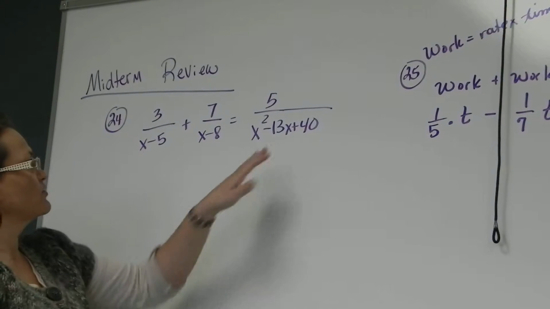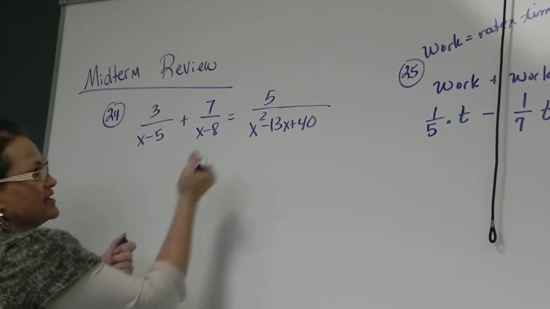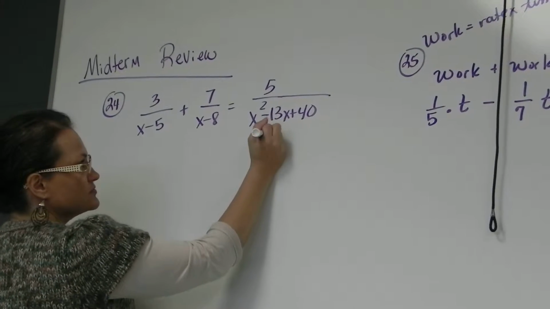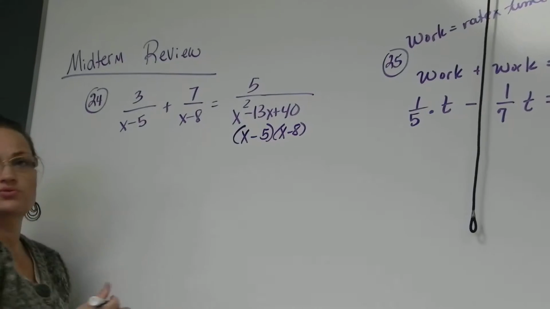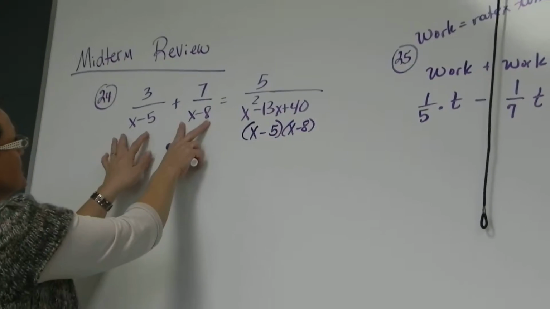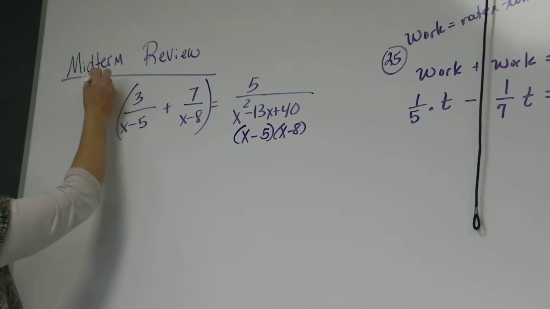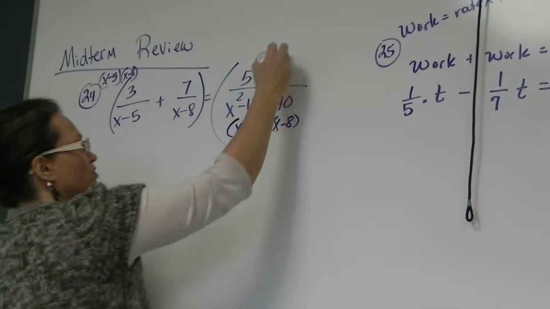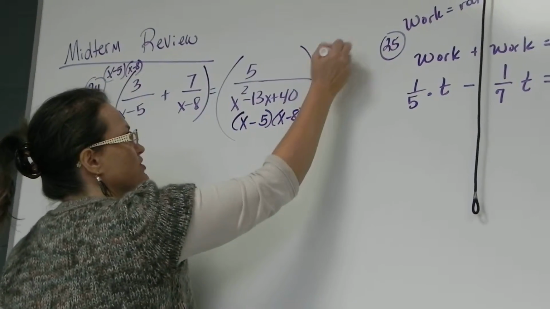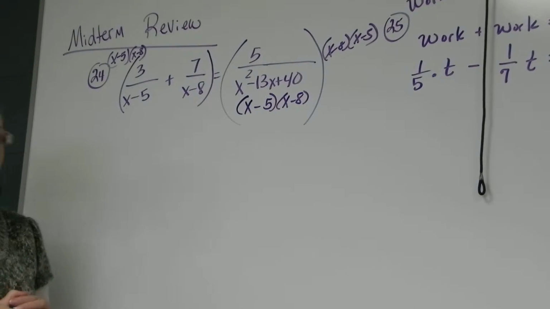So, fractions all around. And this actually would represent the LCD because this last fraction, its denominator, factors into exactly these two values, these two factors. So this is the LCD. He times it onto each side, x minus 5, x minus 8. Remembering that multiplication is distributive, so if you multiply on each side, it will distribute through each side and clear